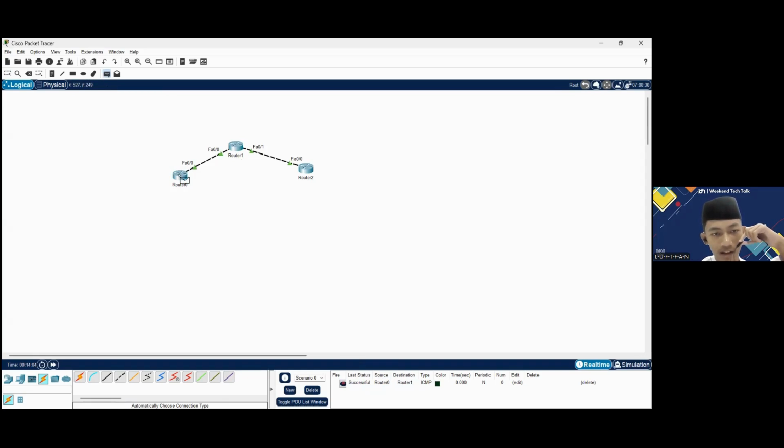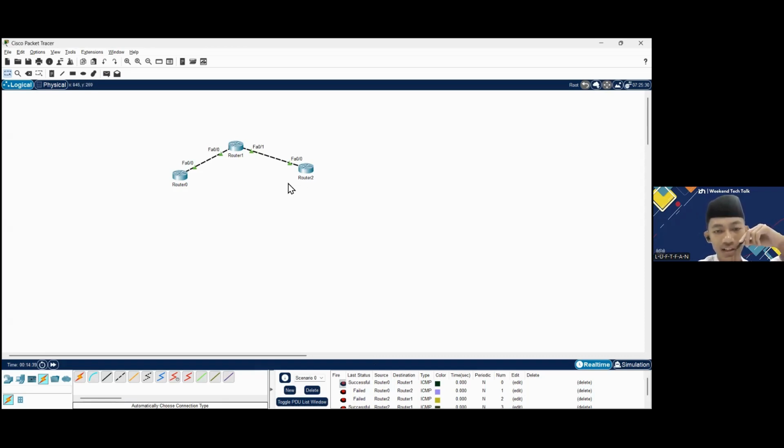You can play again and go from router 0 to router 2. Okay, failed. But how about router 1 to router 2? Yeah, successful. Notice that router 0 cannot ping router 2 because they are not in the same LAN.